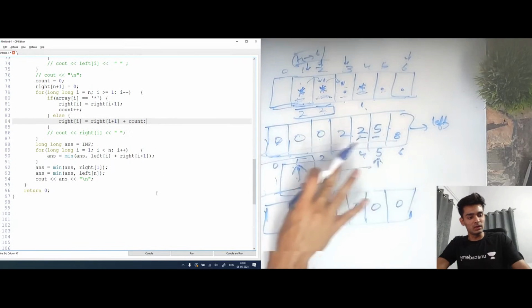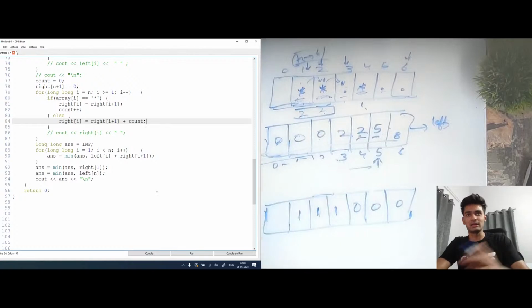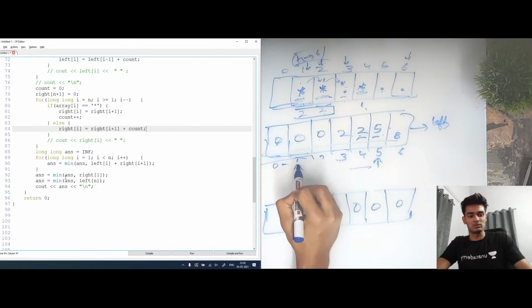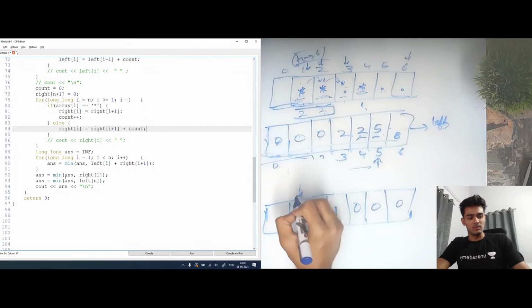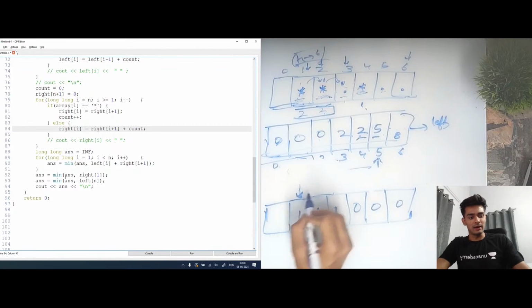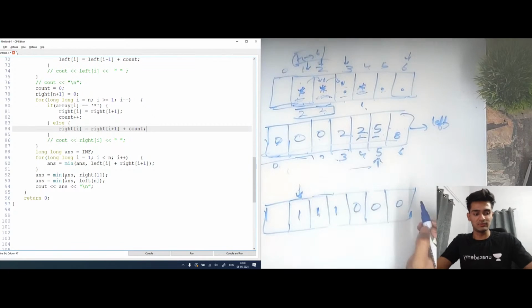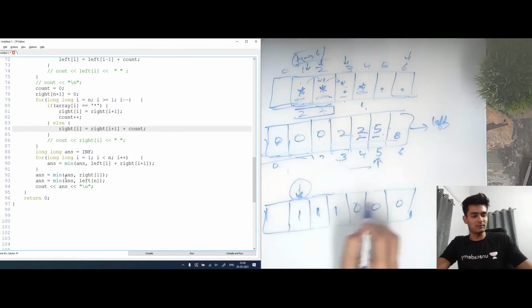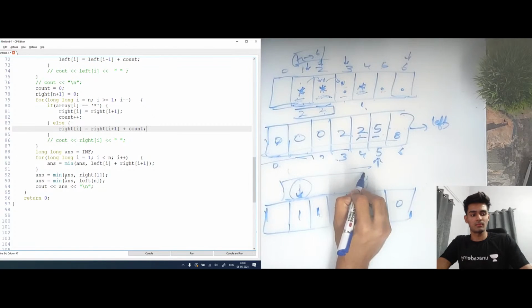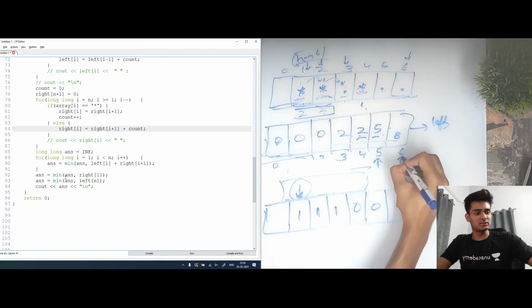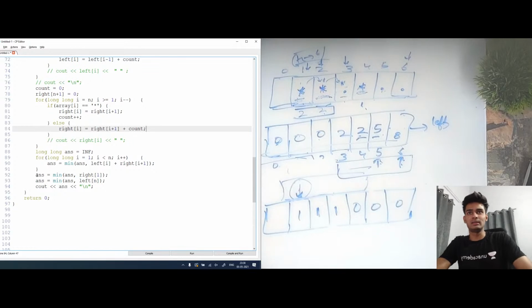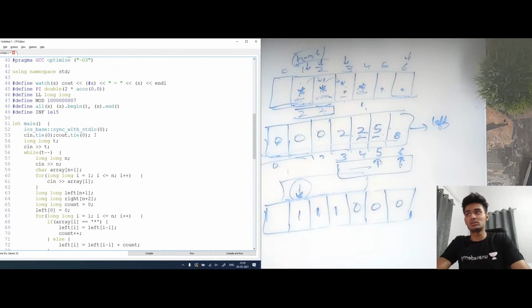Now one thing that you need to keep in mind, which even I forgot, and that is why I got a wrong answer in my first submission: you even need to see right of 1, because this is the very first index, and we can have all the sheep on this index or in the right direction of it. So this is also one possible answer, that we have all the sheep at the very start. We also have to check left of n, because we can also have all the sheep at the very end. So you need to add these two lines as well, and then you can just print the minimum value. I hope this code is clear and the logic is clear to everybody.